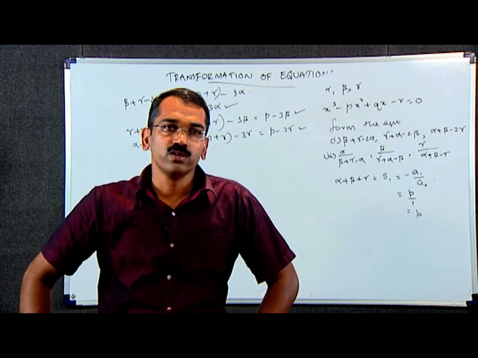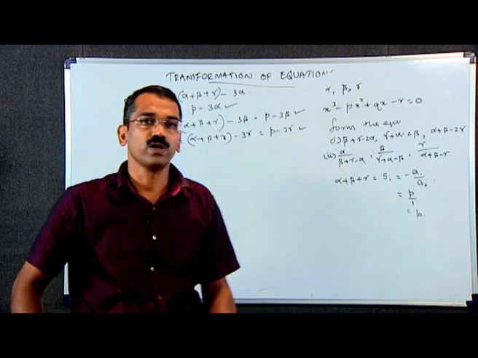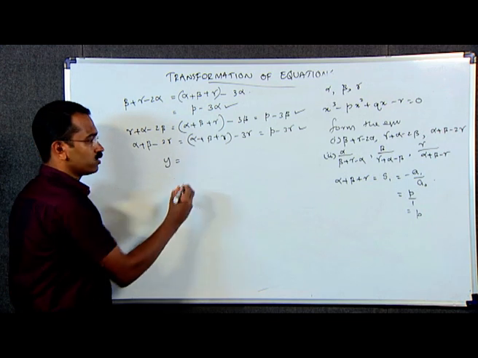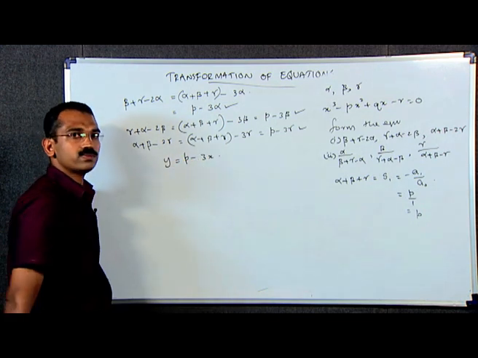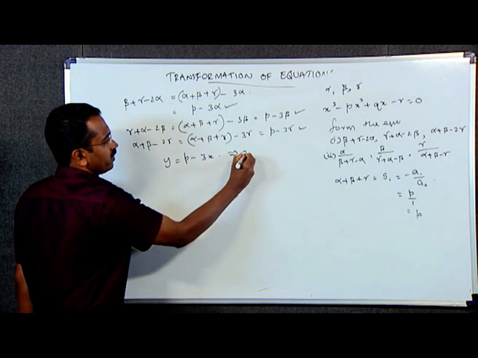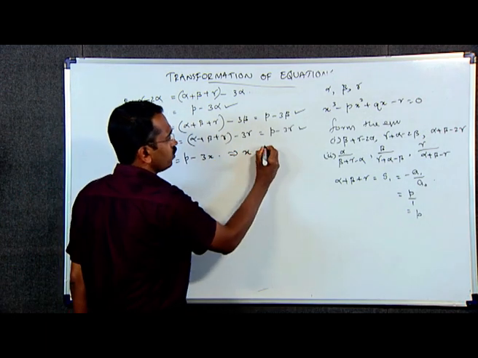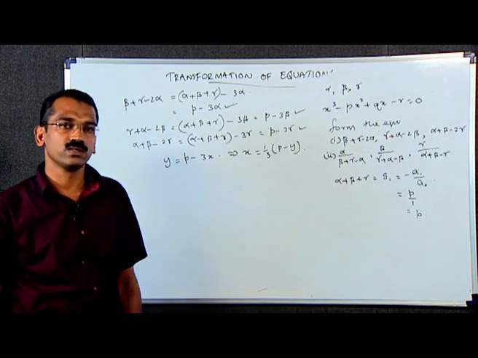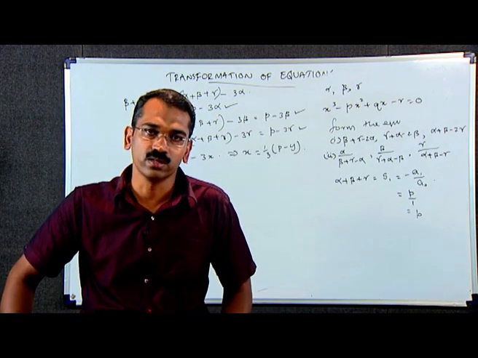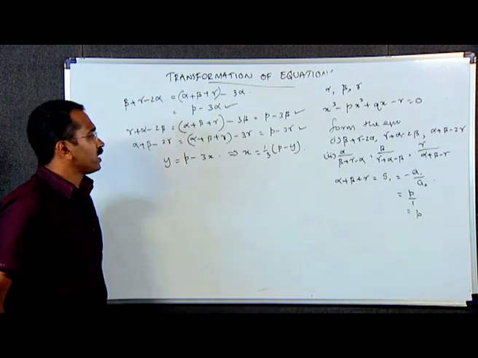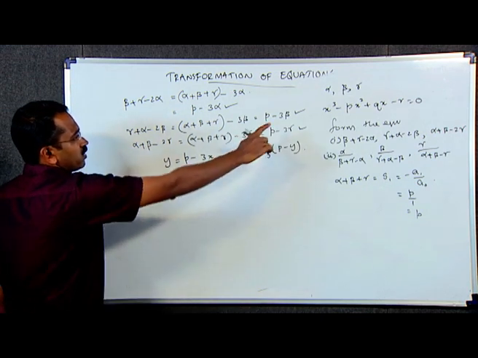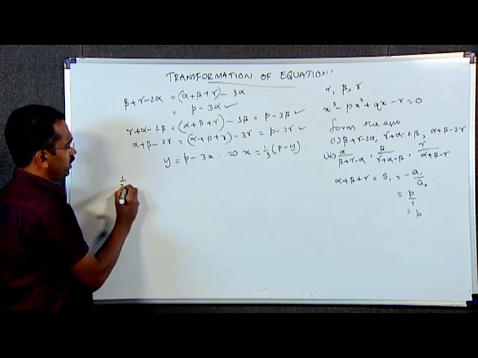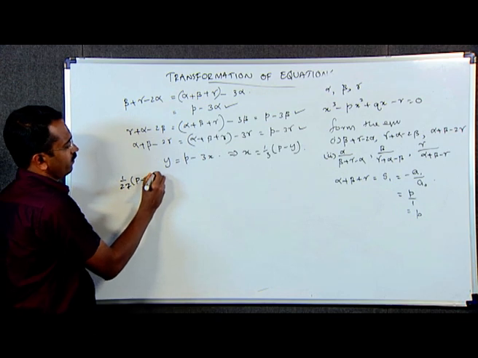Therefore, we can use the transformation relation as y is equal to P minus 3x. From this, we can write x is equal to 1 by 3 into P minus y. Using this in the given equation, we will get the required equation as x cube, that is 1 by 3 into P minus y the whole cube, that is 1 by 27 into P minus y the whole cube,